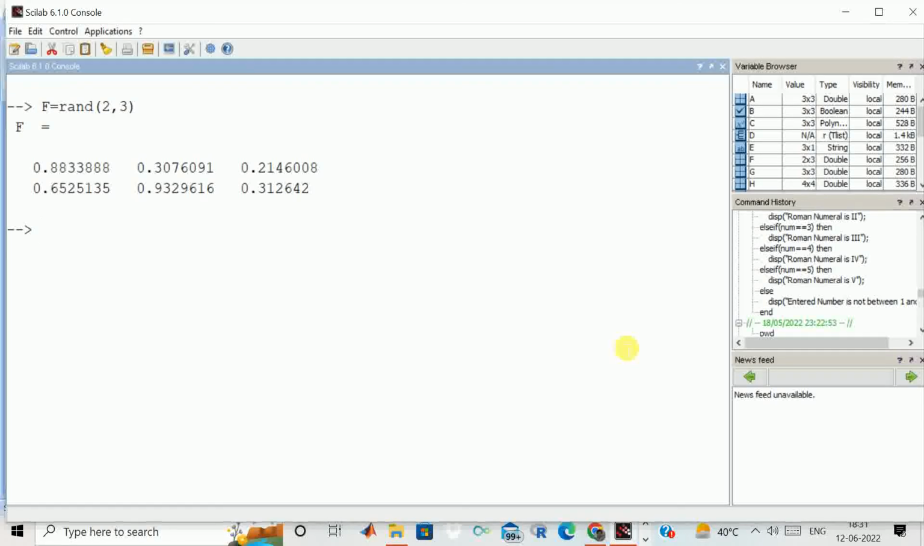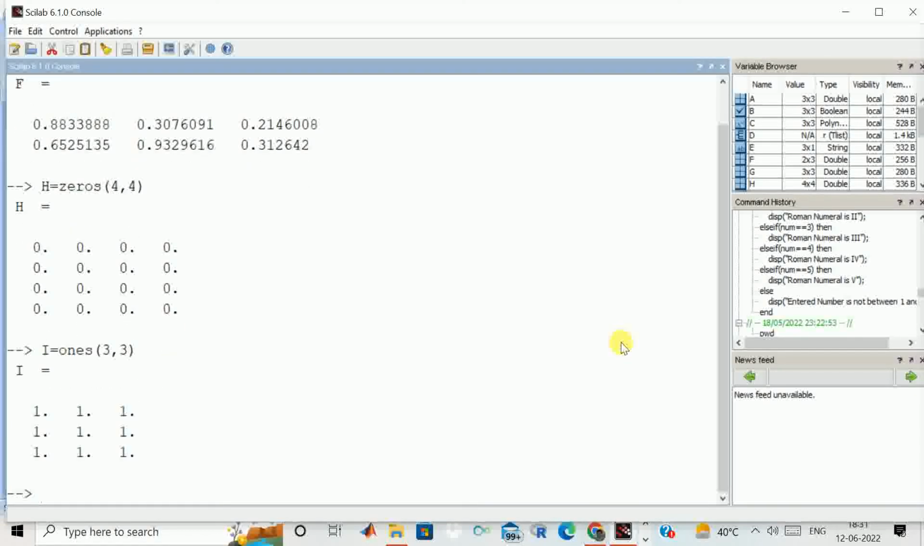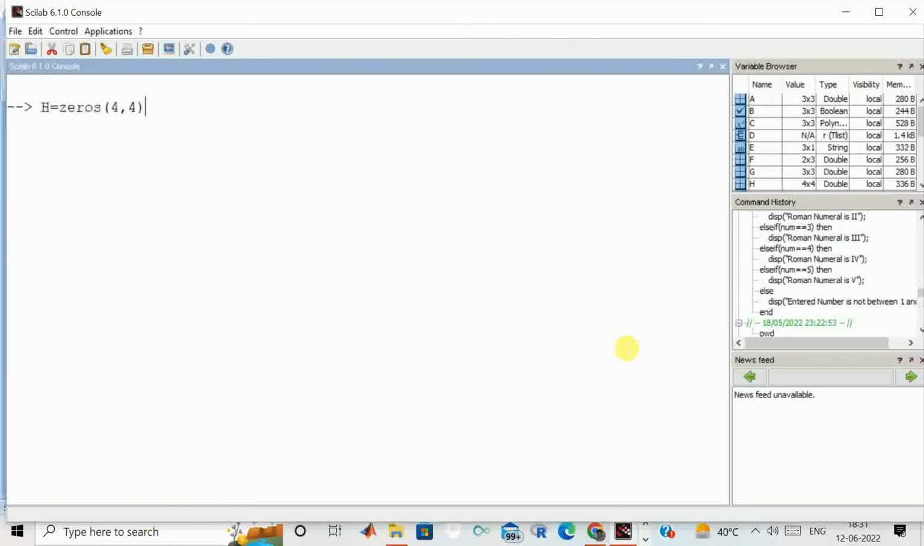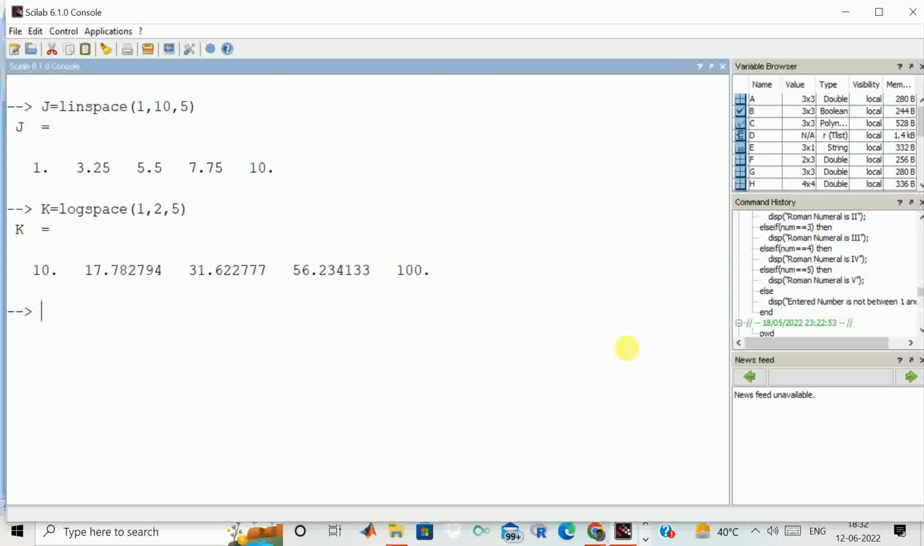Then we have a random matrix, rand(2,3). Then I showed you a zero matrix, then ones matrix, then we have a linspace, then we have a logspace matrix, then we have a repmat matrix,